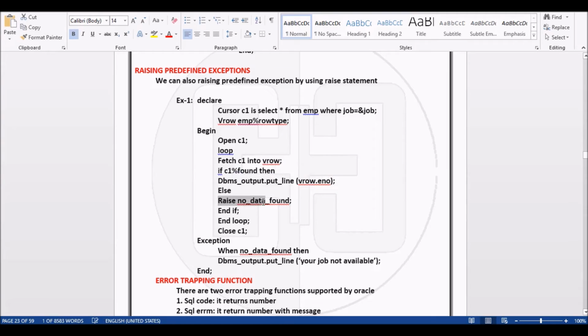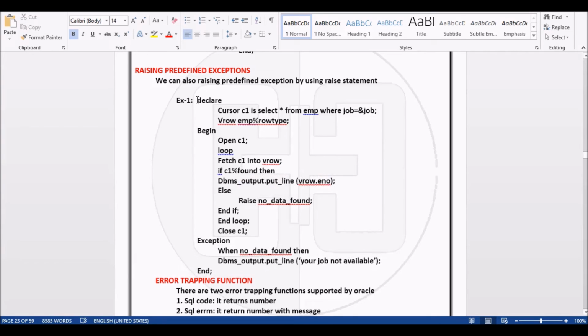See here, when no data found, then we are raising the exception. No data found is a predefined exception. Here we are raising that exception, so this exception is handled here: your job is not available.